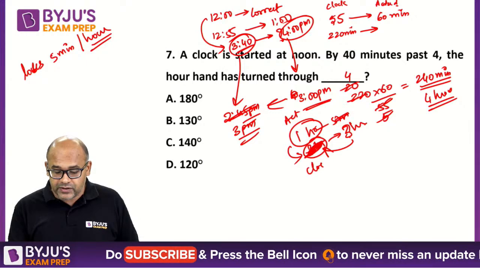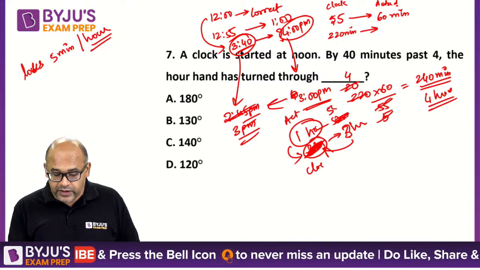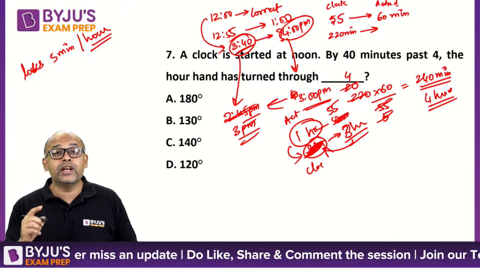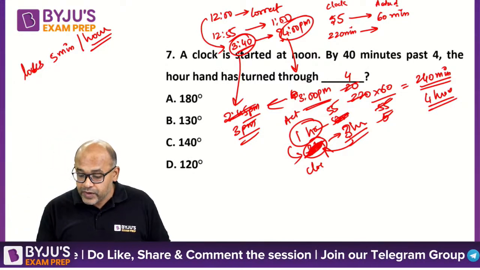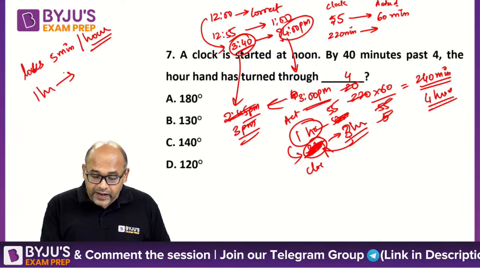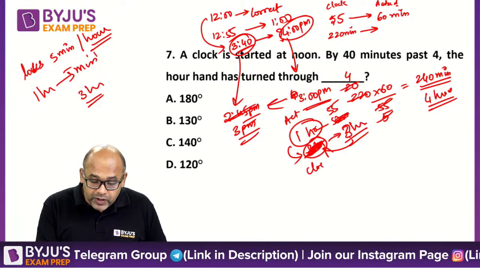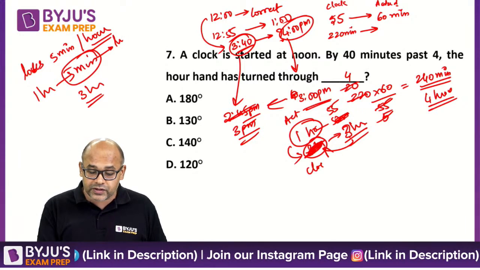So 1 hour is 5 minutes you will be losing. So 5 minutes means you'll actually get 55 minutes shown. So 3 hours elapsed. So remember, unitary method, the meaning should be same. So when I say 1 hour, 5 minutes, you cannot write 3 hours here. Why can't you write 3 hours? Because what is the meaning of this 5 minutes? This is 5 minutes lost.